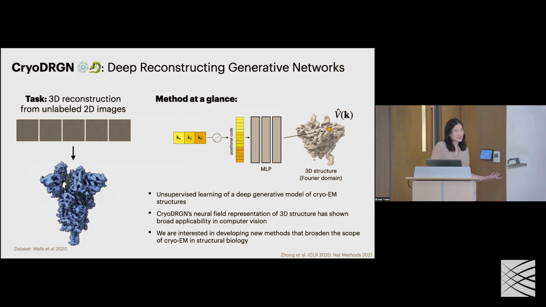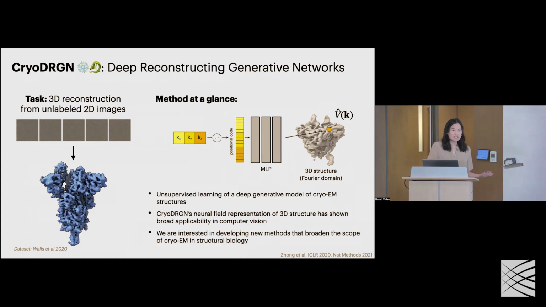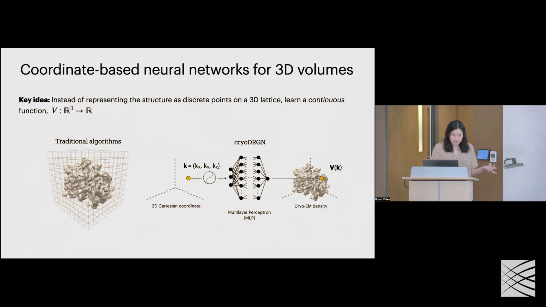And it's particularly exciting to see the broad applicability of this class of methods in computer vision. And fundamentally, moving forward, we're interested in developing new methods that broaden the scope of what we can get out of cryo-EM data and structural biology. Okay, so I'm going to skip over these real quick, but the main takeaway that Rish already nicely went through is